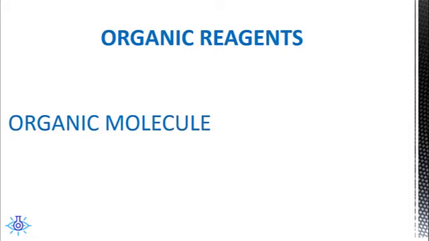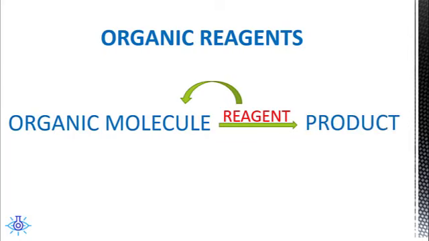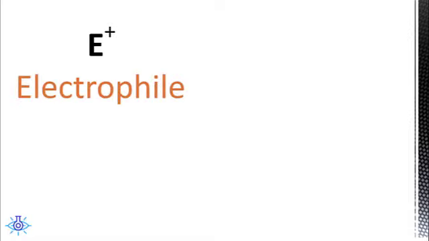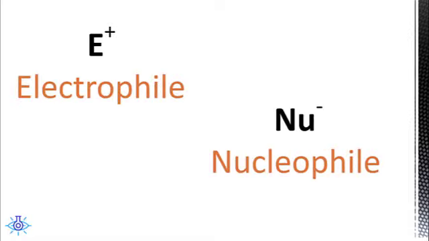When an organic molecule is undergoing a reaction, it has to be acted upon by a reagent to give the products. So, this reagent that is attacking the organic molecule in order to give the product can be called an organic reagent or attacking reagent. This organic reagent or attacking reagent is of two types. One is the electrophile and the other is the nucleophile. Now I am going to make you familiar with what an electrophile is and what a nucleophile is.